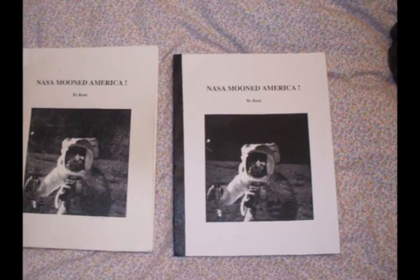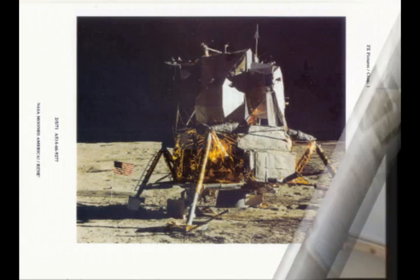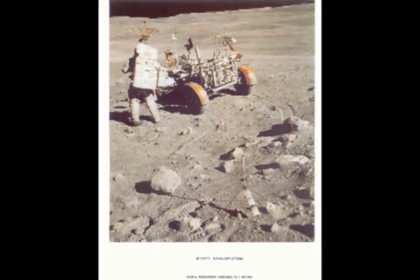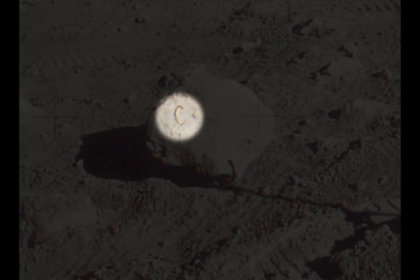As you already know, in his book, NASA Mooned America, Ralph René used 3 colour photos, one from Apollo 14 and 2 from Apollo 16. The most prominent anomaly in this Apollo 16 photograph is a lump of rock that is clearly embedded with a capital letter C. Somebody told me that in Hollywood when they do a set, the set manager comes around and